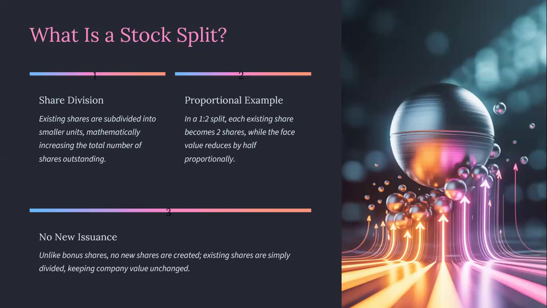In bonus shares, a 10 rupees share will receive a bonus share of 10 rupees. But in stock split, instead of a 10 rupees share, I'll make the shares of 5 rupees each. And I will try to increase the number of people in the organization. So in stock split, I will change the value, that is the face value of the share, and instead of one share, I'll give two shares.